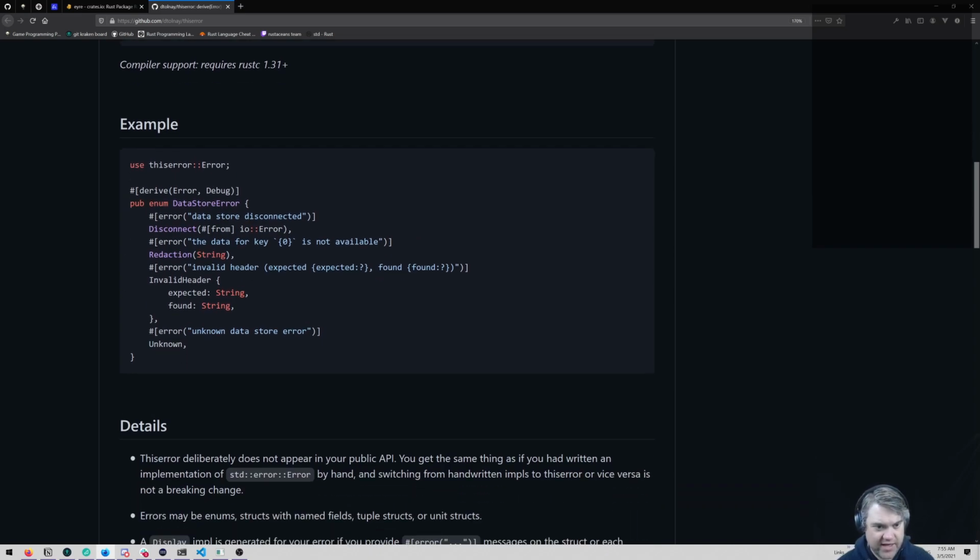So yeah, okay, we have an enum with just the different errors in it. We have to derive Error and Debug. Pub enum DataStoreError. Then we just have all the errors in here. DataStoreDisconnected. Oh, and these can just be wrapped errors, or they can be strings.